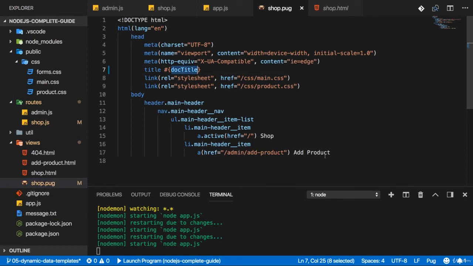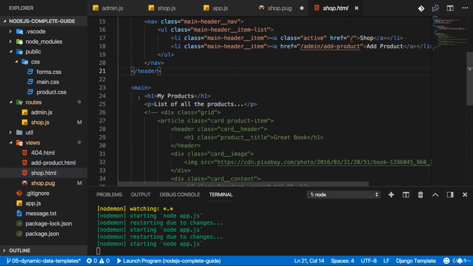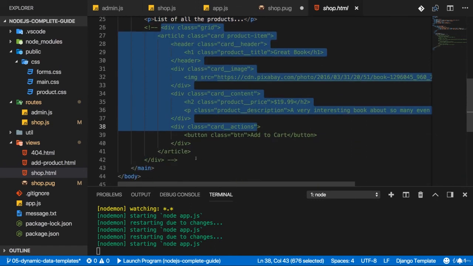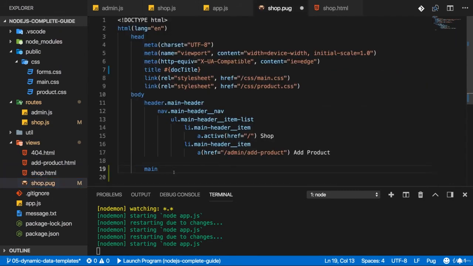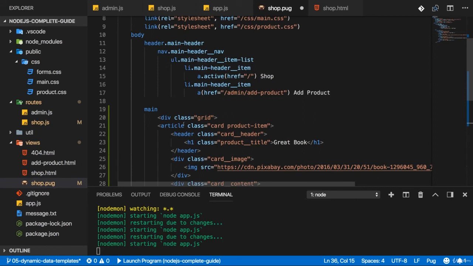Now, of course, we can also use that to output our products. For this, next to the header, so on the same indentation level, this is important because it defines the nesting of the HTML. We can add the main element, just as we have it here. And now I don't want to have this h1 paragraph here. Instead, now I want to output my products with this code. So I'll copy it over, even though it is HTML code, but we'll adjust this and transfer it to Pug